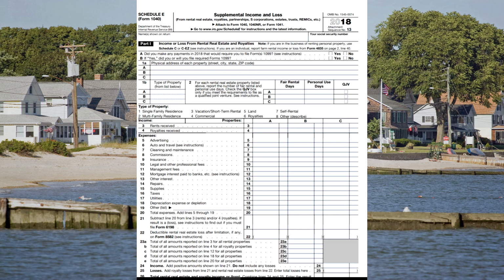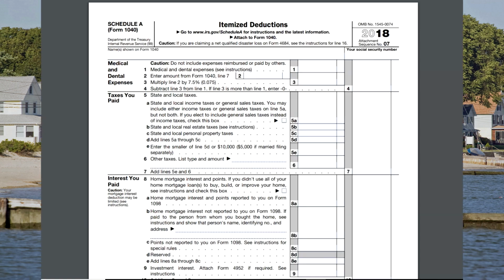By partially deductible, I mean you must prorate the expenses between tax form Schedule E, which is the form for rental real estate, and Schedule A, which is personal itemized deductions, based on the number of personal use days versus fair rental days. Now, if that sounds confusing, don't worry, it is. But let me give you guys an example and hopefully it will clarify it a little bit.